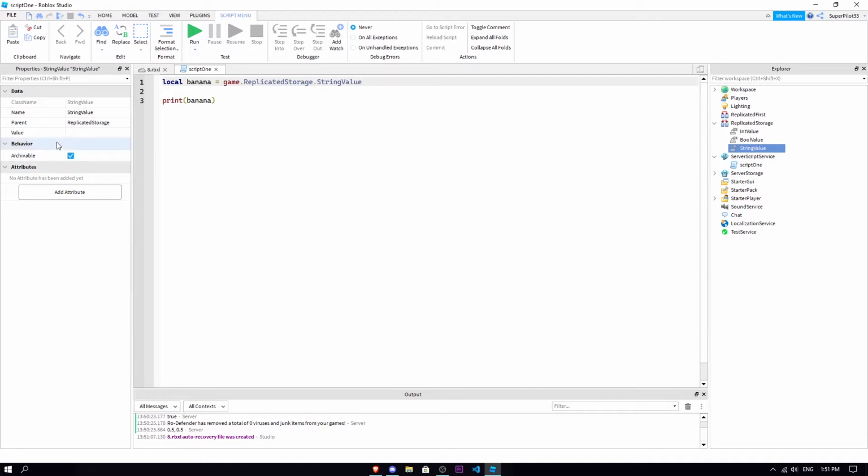And let's actually give it a value. So string value is just letters, text, right? This is how you store your text. Anything inside here is considered a string. So let's store our text in here. It doesn't have to be inside the double quotes because it's already a string value. So inside the string value, let's just do subscribe to RobloxDev